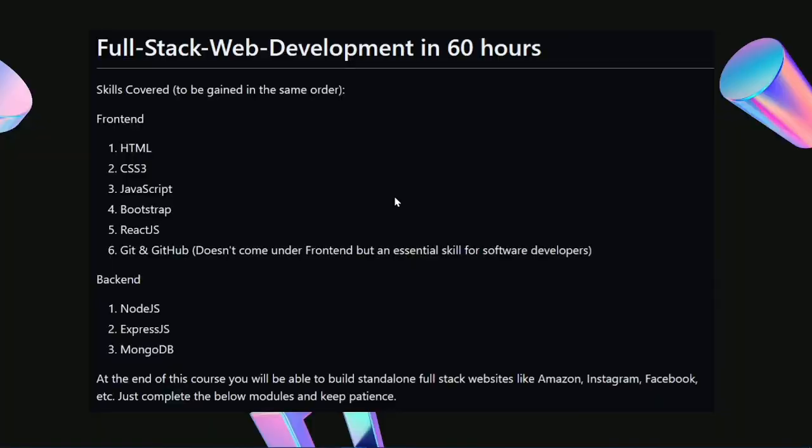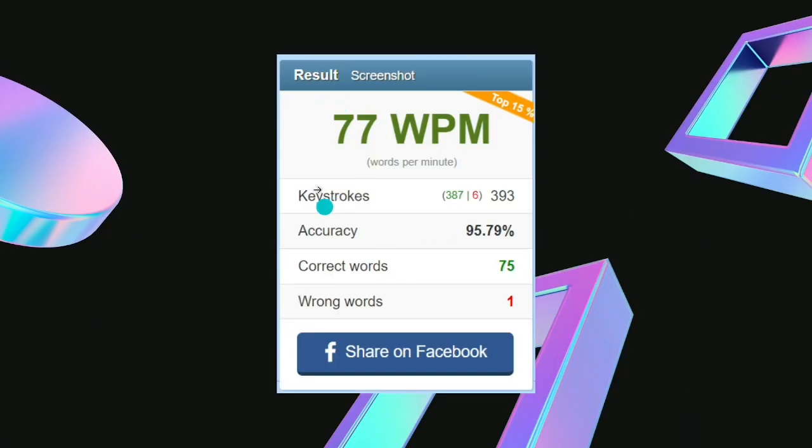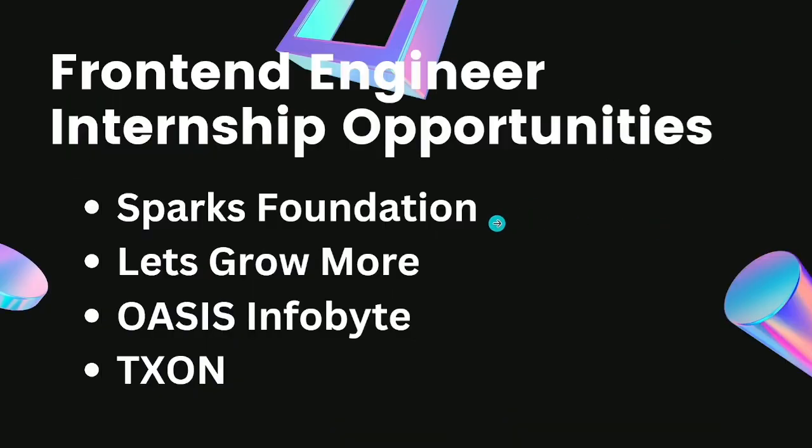I think we can go ahead in our meet. So this is again the touch typing thing. You can go in the last video and see what I shared about this. I won't repeat it again. So this is front end engineer internship opportunities. You are currently taking the knowledge of front end, and after you successfully complete your HTML, CSS, and other libraries or frameworks like Bootstrap or JavaScript, you can go for internship opportunities.